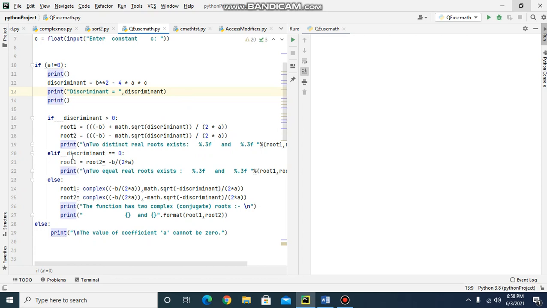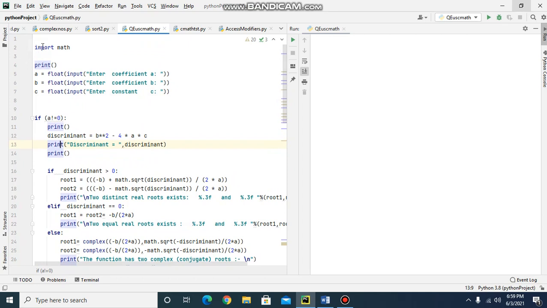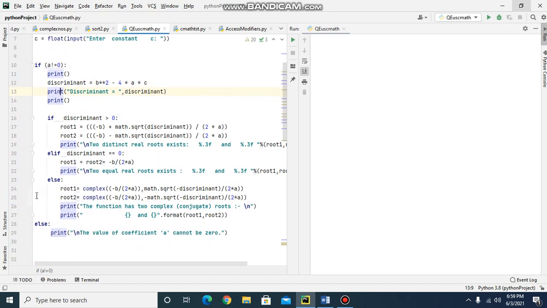Now, if the discriminant is equal to 0, then the roots are same. Root 1 and root 2 both are same. That root is calculated here, and after that I am printing the roots. Till here, everything is same as in the previous video. Now if the discriminant is less than 0,